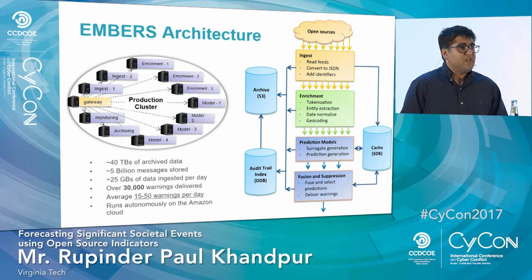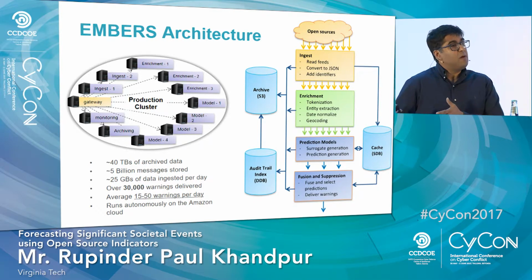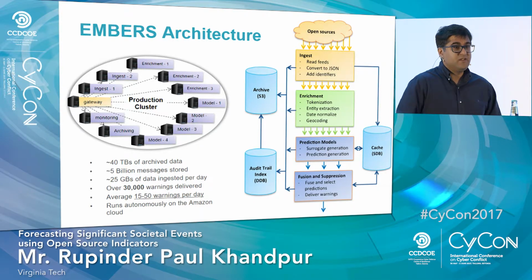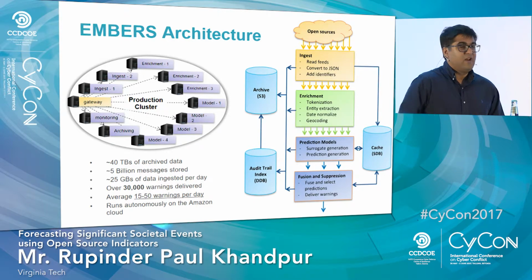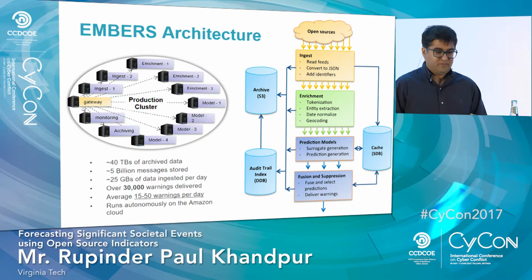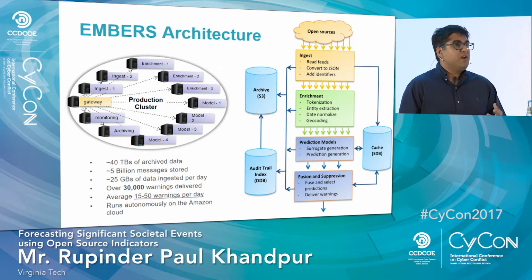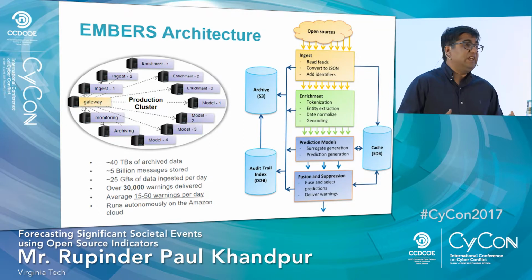We are currently ingesting over 5 terabytes of data per day just for tweets alone, and everything is running on Amazon Cloud. We can spin off, in an automated fashion, multiple replicas of EMBERS for targeting different regions and different domains. All we need is a subject matter expert providing us with some seed keywords, some key things to look out for,